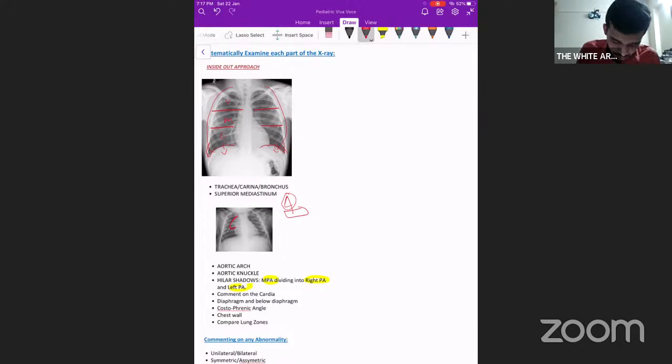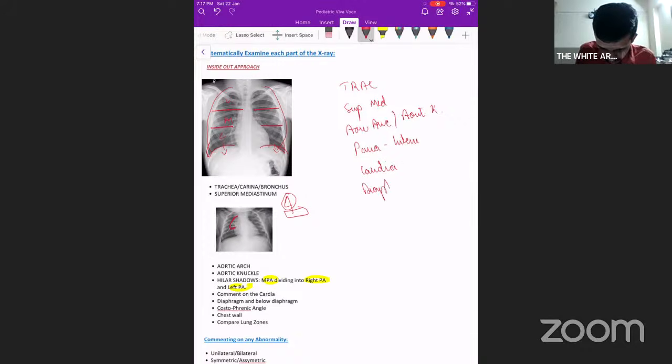Okay, first thing, look at the trachea, then come down, look at the superior mediastinal structures, then come down again, look at the aortic arch and aortic knuckle, then comment about the parahilar structures, then come even more down and look at the cardia. Next is diaphragm and subdiaphragmatic structures,